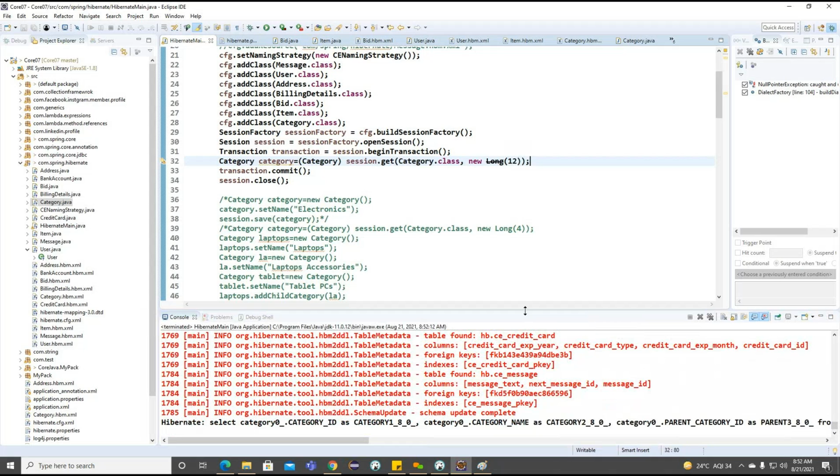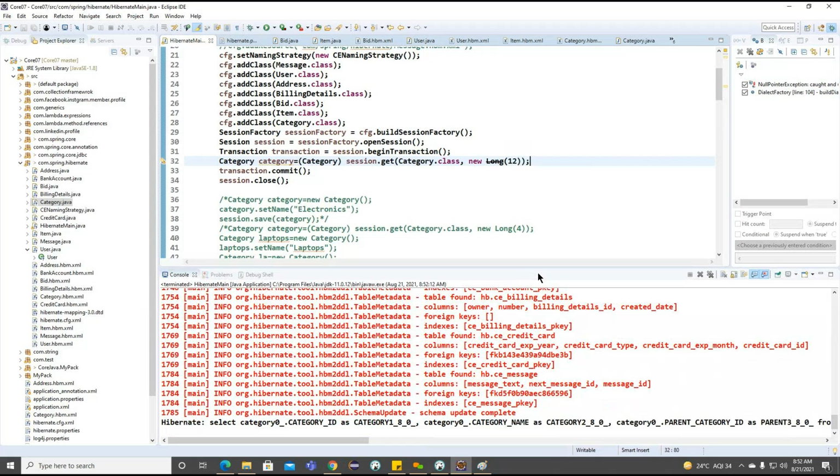Now if you observe, a select query is generated.